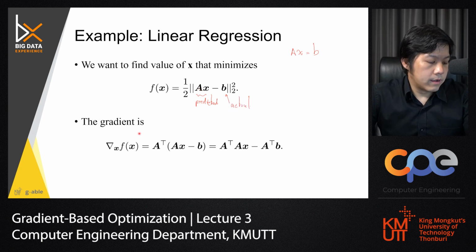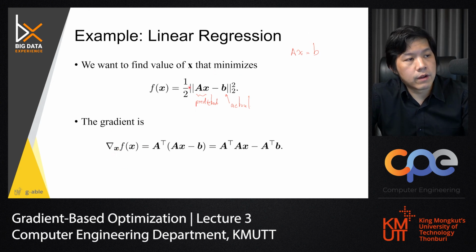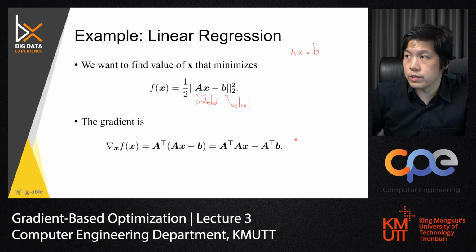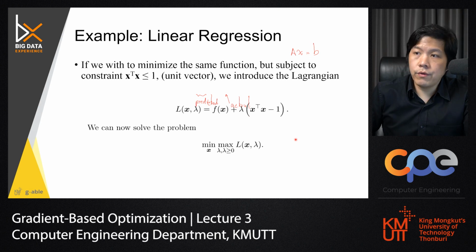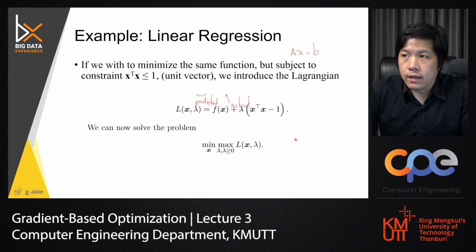Then down here is the derivative of the function, right? Pulling 2 down, cancel it out, take the derivative of the inside of x, you get A, remaining A here. So you get A transpose times the whole thing here, and this equals some form like the pseudo inverse. Now when we add this